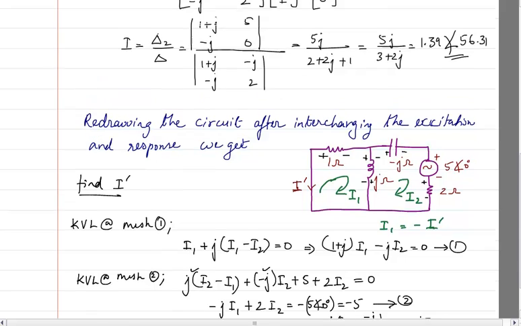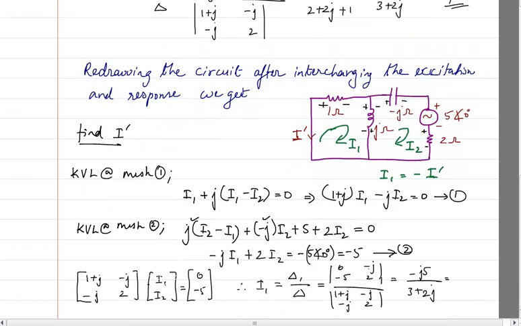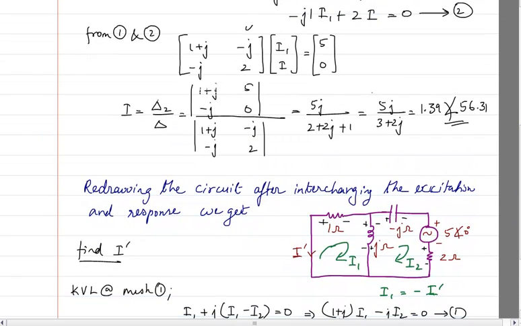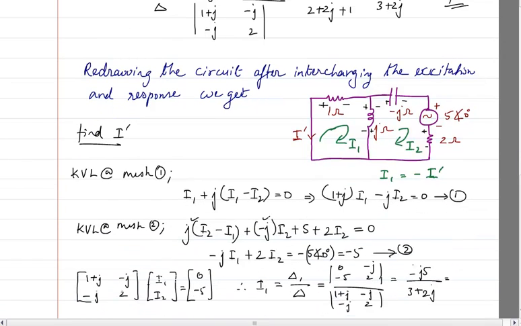You can see this is minus 5, so it is the same thing. The only difference is that here we had a plus, and here we are having a minus. But we have already seen that I dash is going to be minus of I1. So that minus and this minus will cancel, so I dash is equal to,